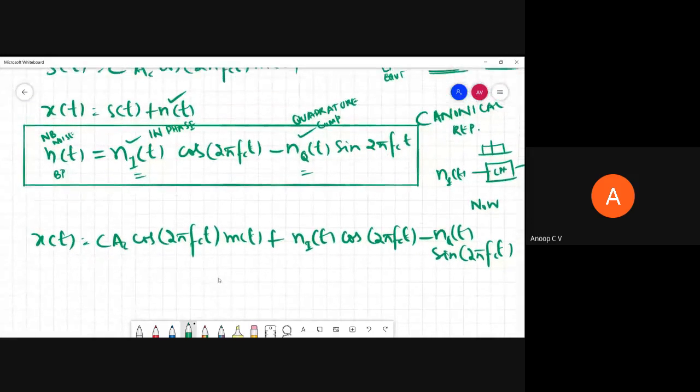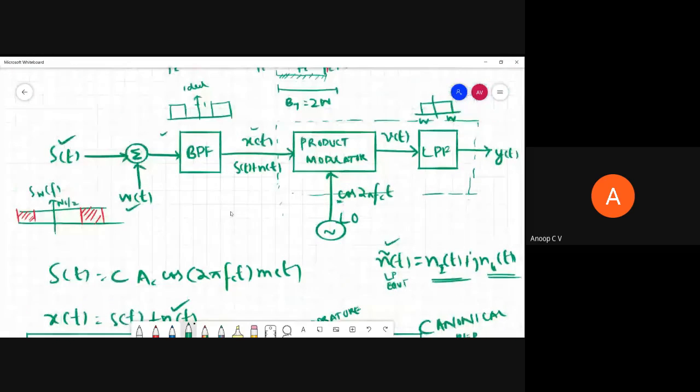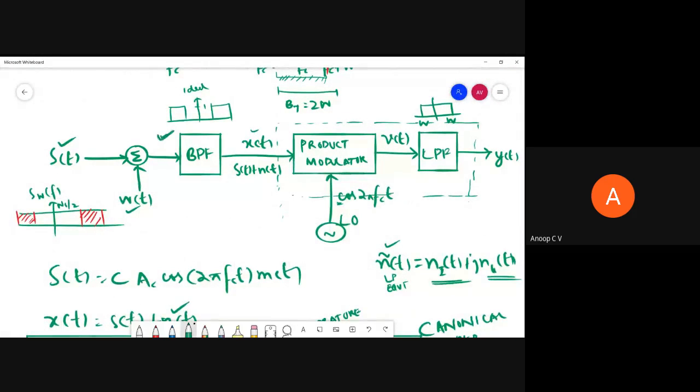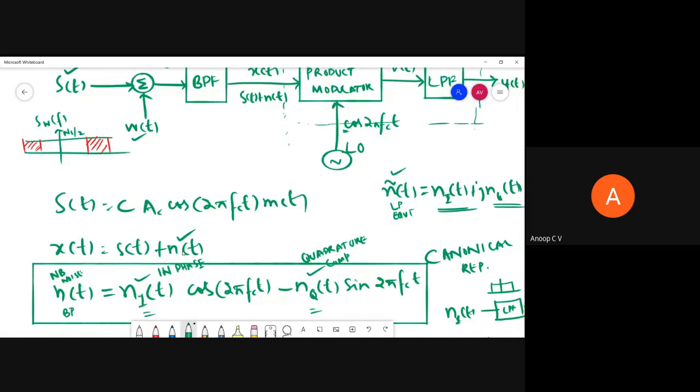Now, before we move ahead, we can evaluate the signal to noise ratio at this particular point. This X of t is nothing but S of t plus N of t. S of t is this. So the total power in X of t will be equal to the power in signal plus the power in noise. So here, for this, we can find what is the